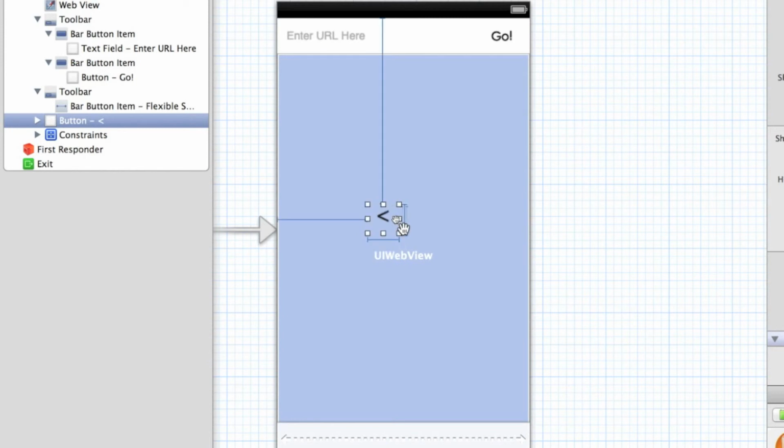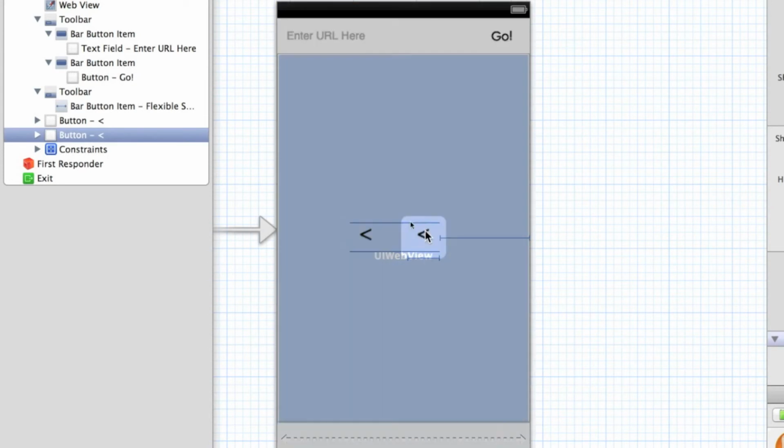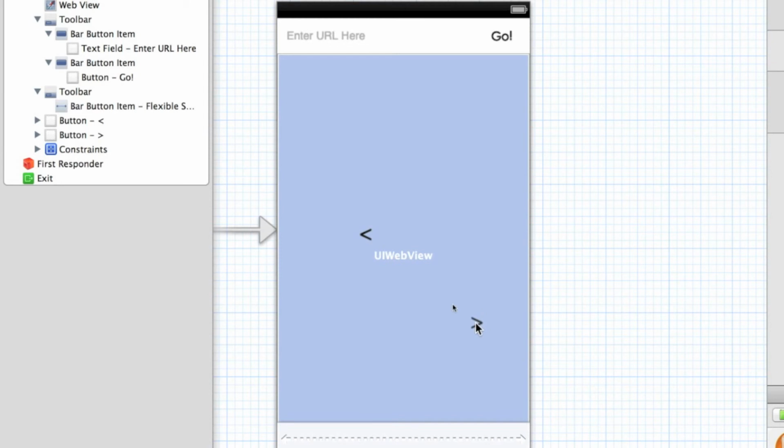So let's make mine 37. Then get the arrow, and I'm going to copy it by clicking on it and then pressing Command C, and then Command V to paste. And then on the other one, I'm just going to change the text to be the opposite arrow for forward. Drag that one